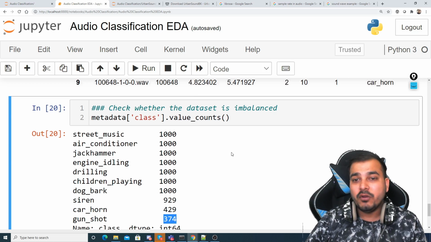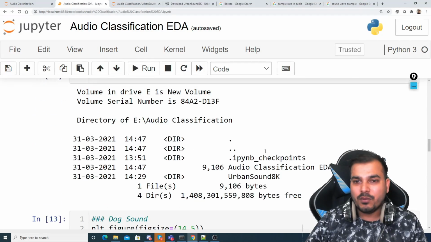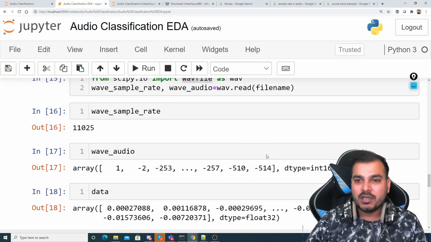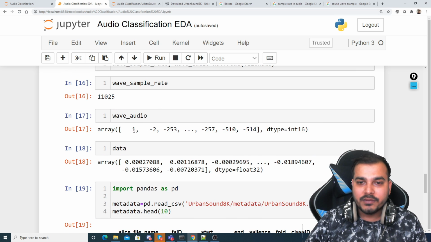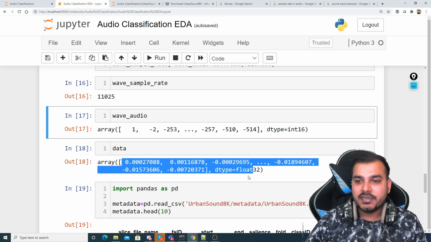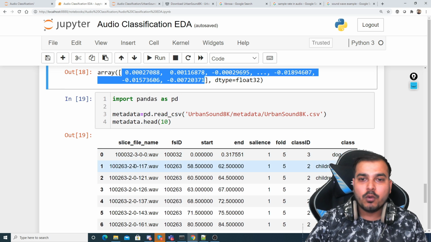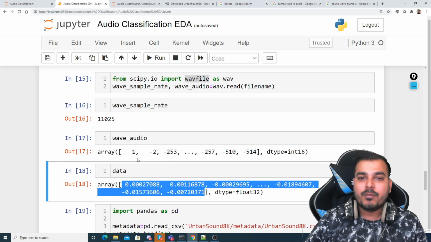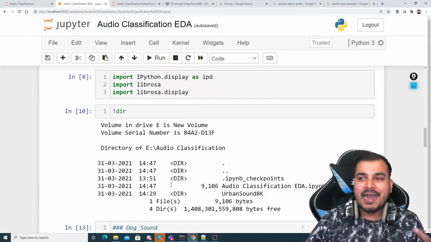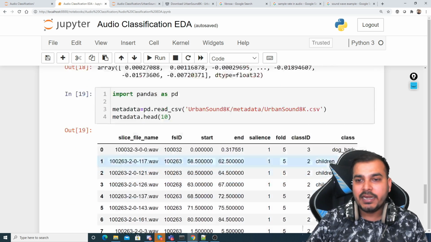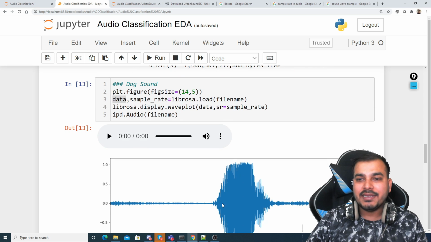The next thing that we will do is try to create a function. See guys, over here we saw this particular information, right? We got the wave sample rate or the wave audio, this representation and this representation. This is through librosa, this is through wave audio. Now we are going to read all these files and create this representation later on, and we'll also write that code, which is part of data pre-processing. Here we have just done a simple EDA to understand how a sound signal looks, this kind of waves.